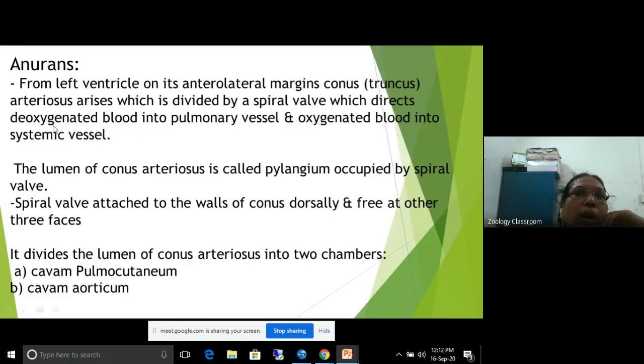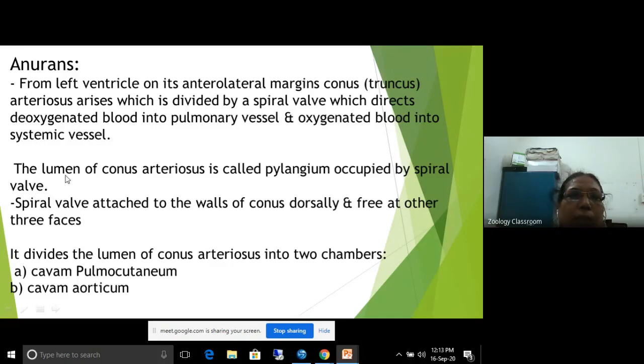Then in frog, Anura means frog. So from the left ventricle, on its anterior dorsal margin, the conus arteriosus arises, which is divided by a spiral wall. In the conus arteriosus there is a spiral wall, which directs deoxygenated blood into the pulmonary vessel and oxygenated blood into the systemic vessel. So oxygenated blood is carried towards the systemic aorta, and to the systemic aorta a mixed blood is supplied